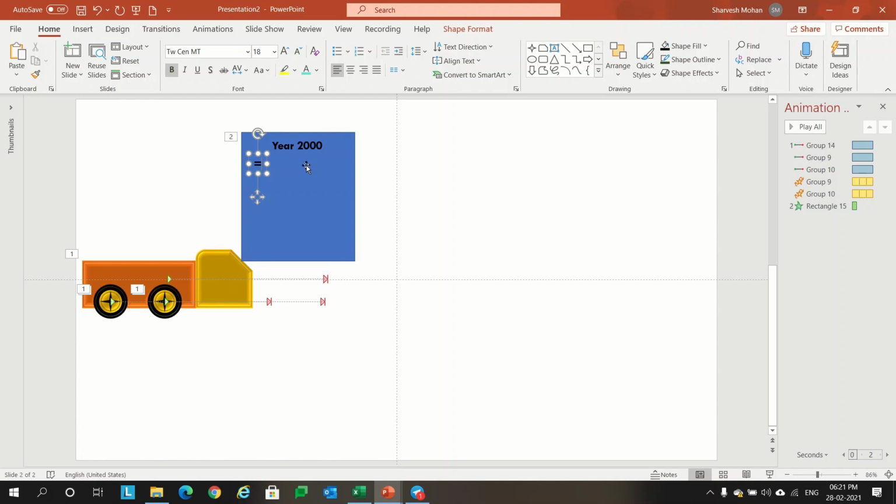I'll just put replace your text here. So copy whatever you wanted to put over here.